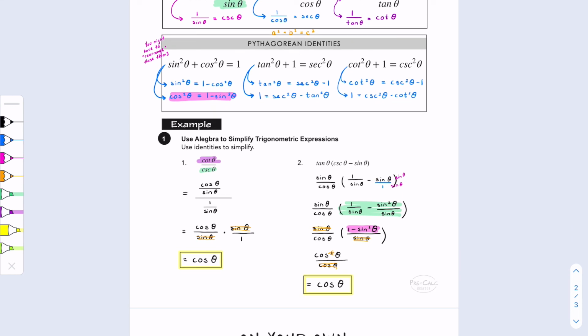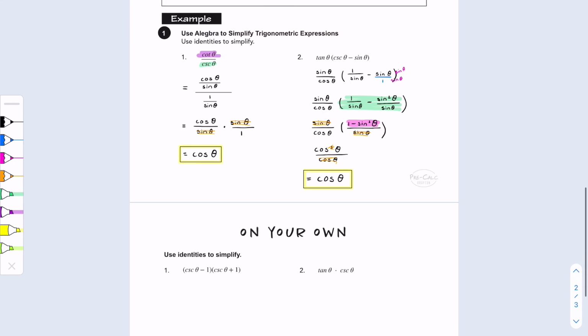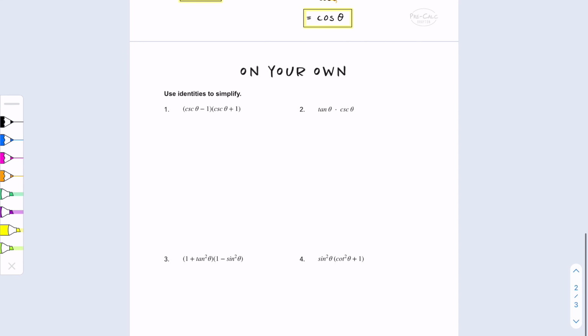There's multiple ways to arrive at the same answer for trig identities. You may have done these problems different than me, but you end up with the same answer, and that's completely okay. There's countless identities to choose from. So you might be able to rework the same problem with a different identity and get the same answer. Okay, so for the on your own section,